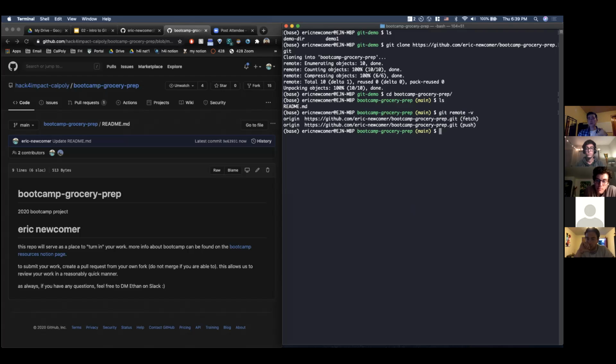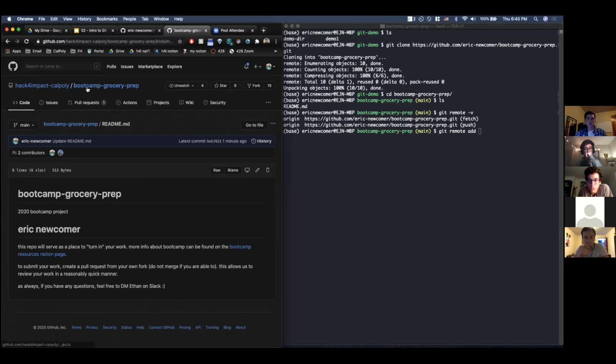And so you can make multiple remotes. So say you are deploying to Heroku, you can make a Heroku remote. For our purposes, we're going to make an upstream remote, and it's called upstream because the concept is that it's this master repository that this repository is only a fork of. And so in order to set that, you can run this command, git remote add, and this is probably what you will all want to do that are in the Cal Poly Bootcamp, is do a git remote add, and then